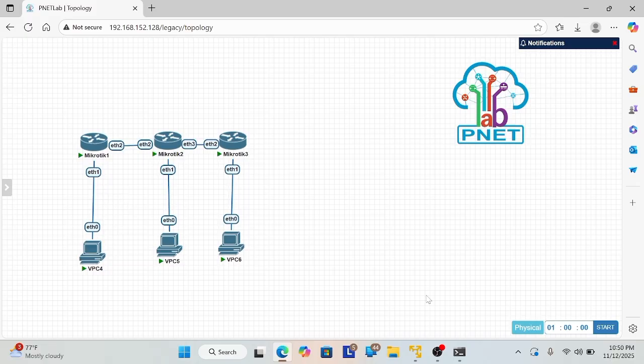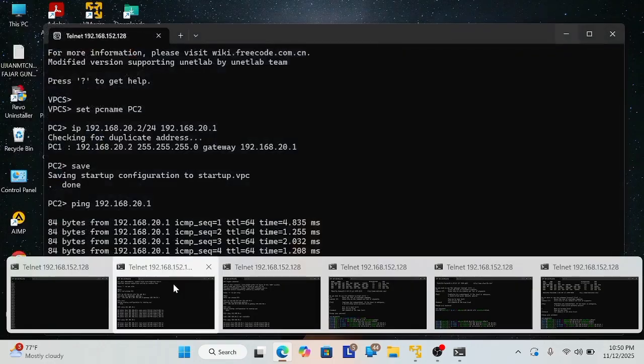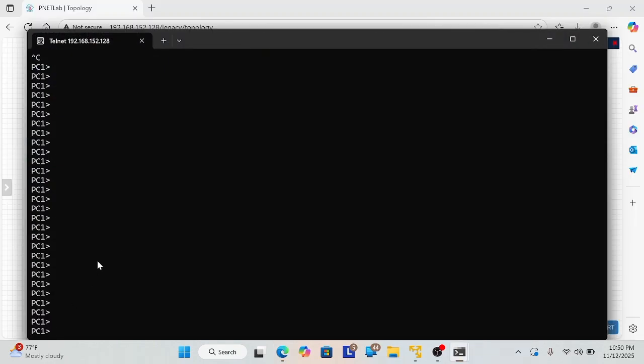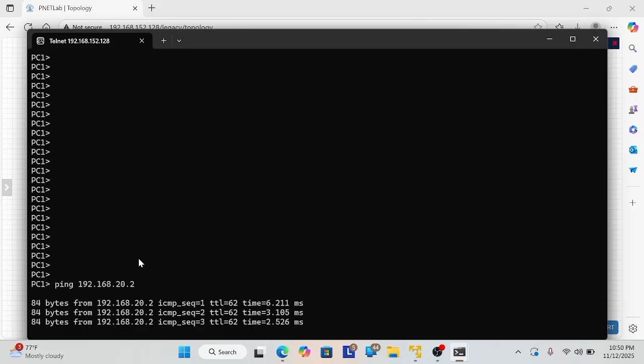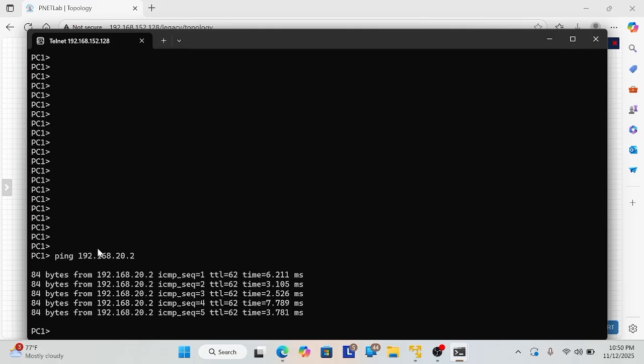And now it's time to test if our static route works. From PC1, open the command and ping to PC3. Okay, first I want to ping PC2, 192.168.20.2.